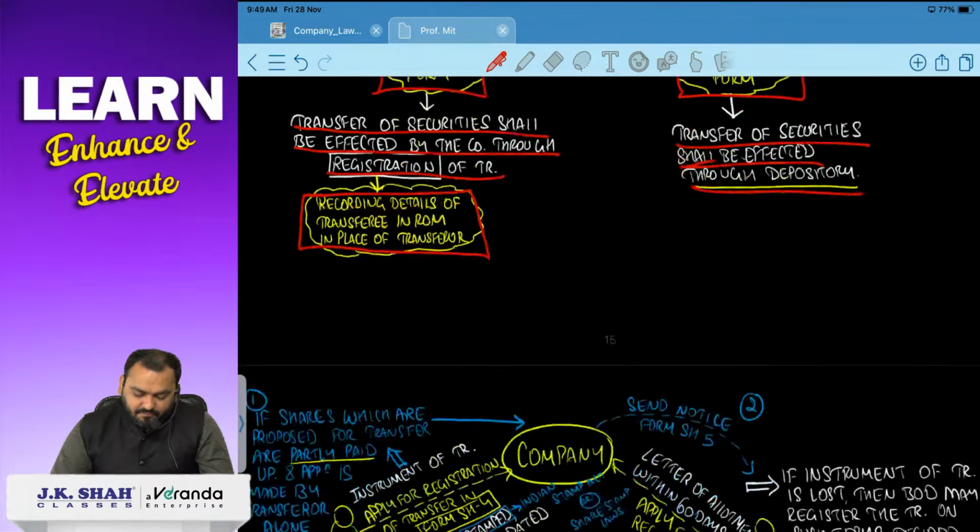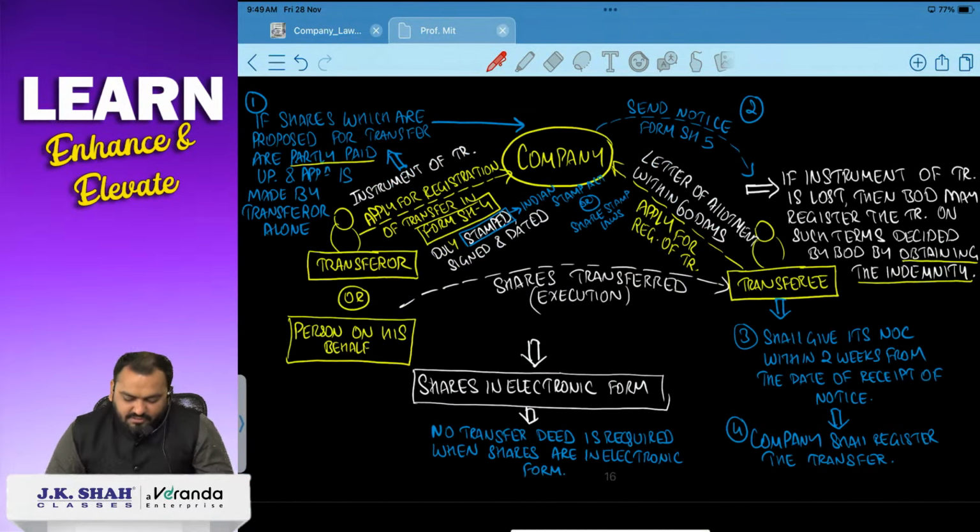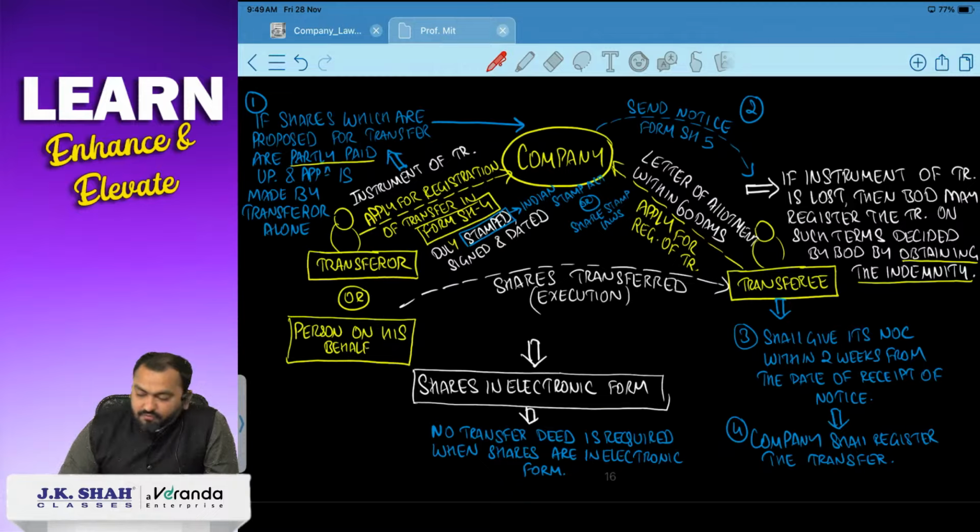Okay? Now see through this part. You know right now which topic is going on? Transfer and transmission of shares. Okay? Come on, what is next? Please concentrate and understand this diagram. See, suppose